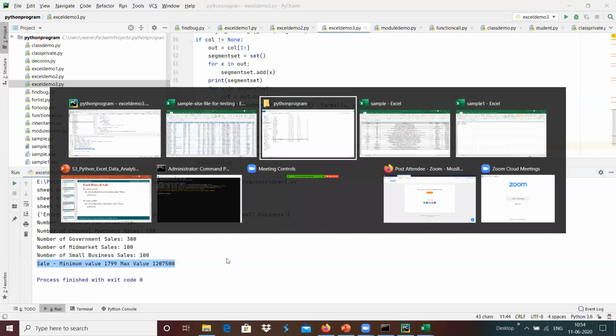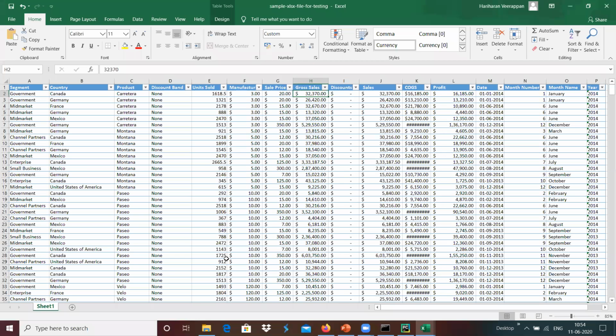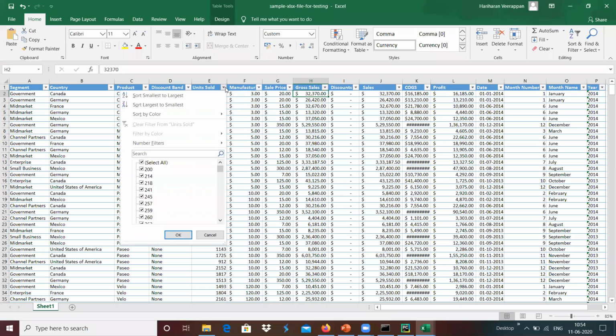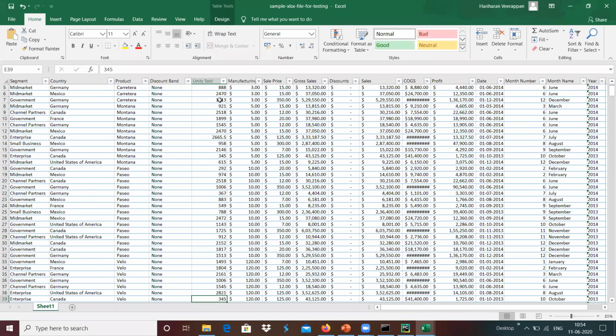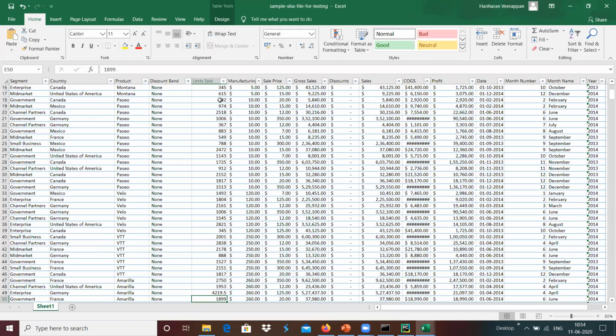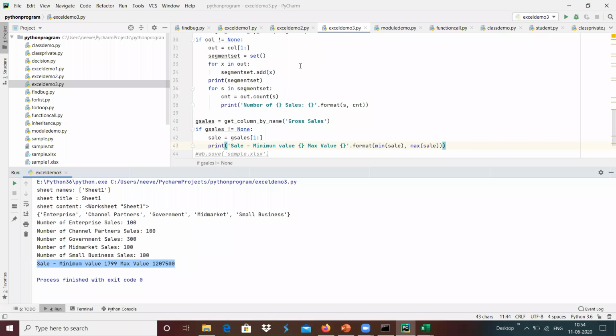So we could analyze this complete data from this Excel sheet, and we could get it in an easier manner. And suppose we wanted to check how many units are sold over here, and similarly what is the minimum units and what is the maximum units that has been sold, that we wanted to check.